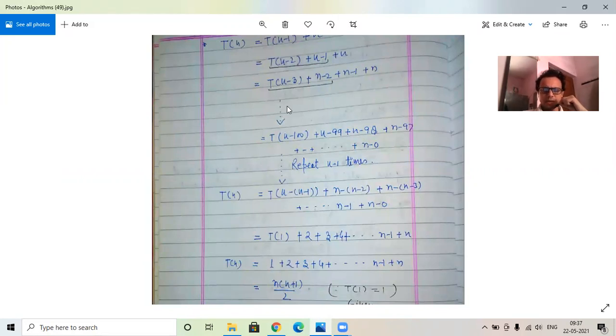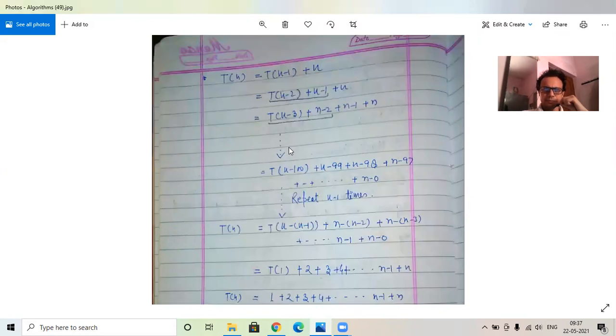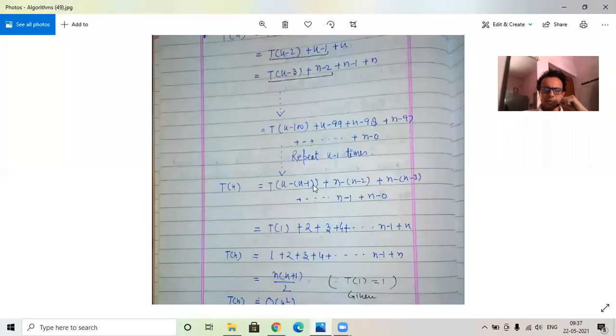But before that, suppose I assume some value, n-100, then what will be the corresponding value that we have written here. Now I am repeating this series up to n-1 times. Now this is coming. Obviously, the last value is n-0, that will be the same. The previous value will be n-1 here, also here n-1. The previous to previous value will be n-2, here also n-2. In this way. Got it?